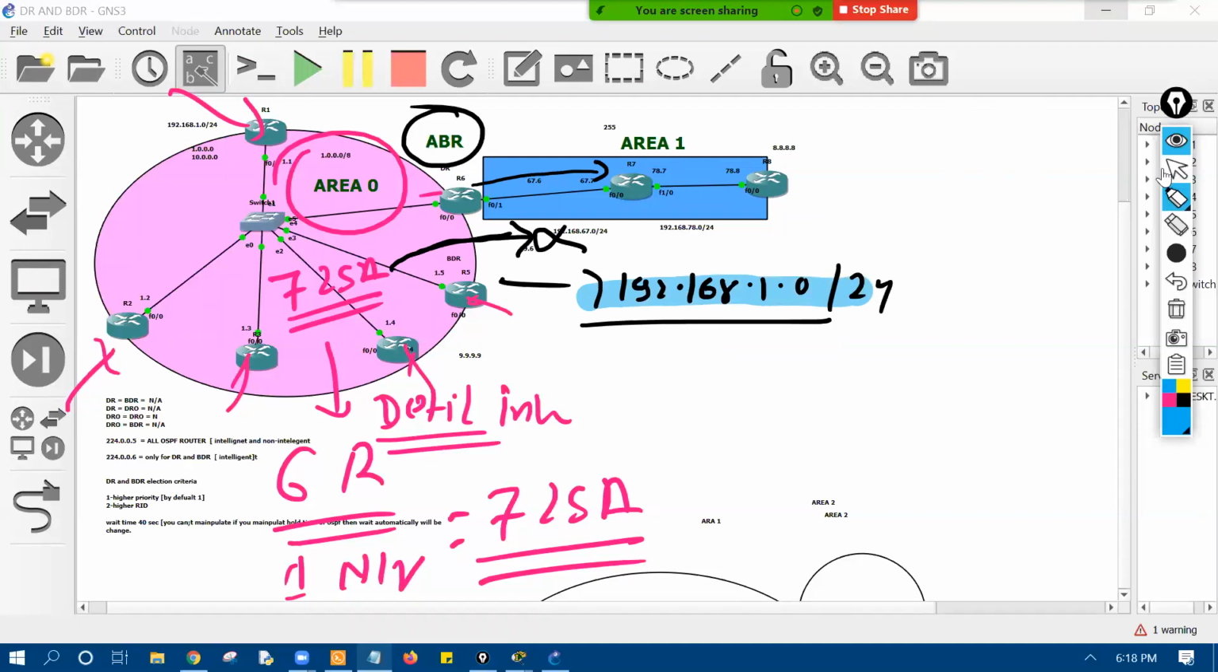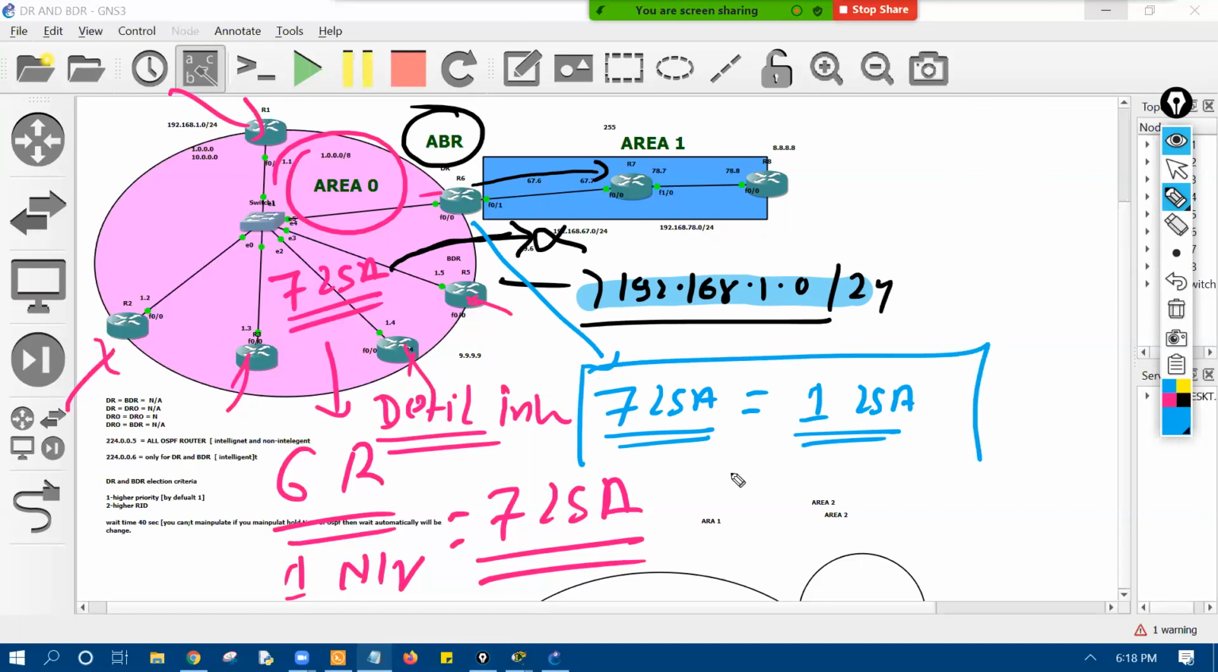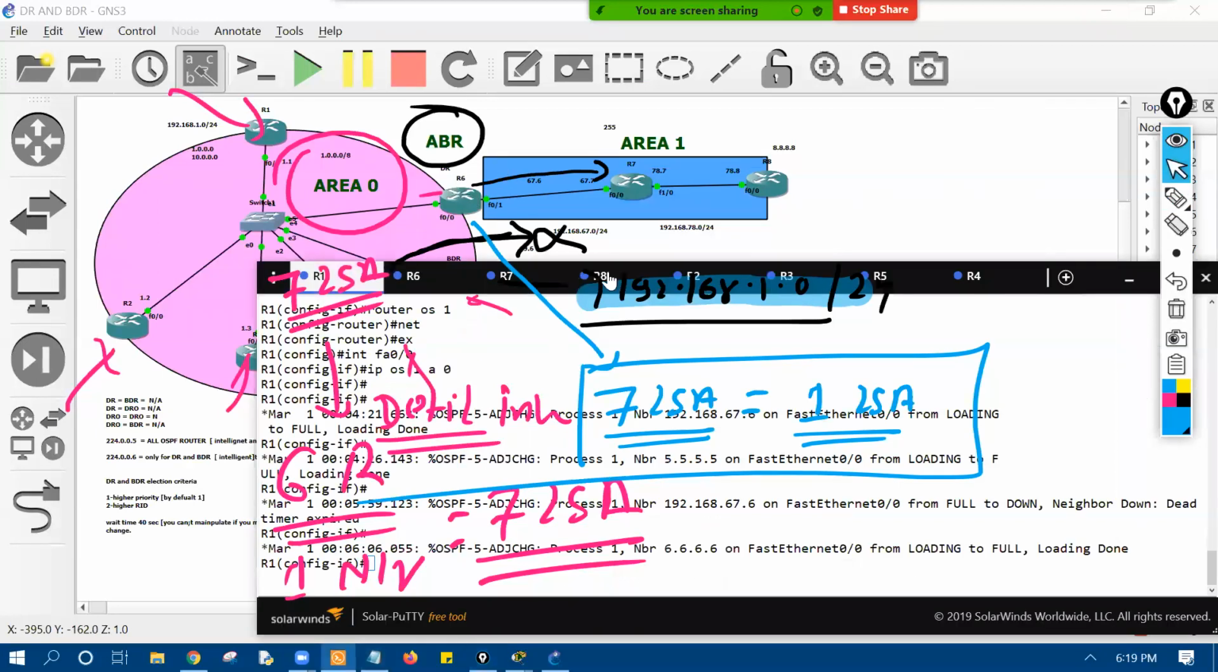So instead of sending 7 LSAs, now what is the ABR going to do? ABR is just going to send a single LSA. This is the summary. Can you see that? Short information. Instead of 7, now we are sending 1 piece of information. This is the meaning of short, summary, brief. And right now, R6 is the ABR. If you have a look on R6,